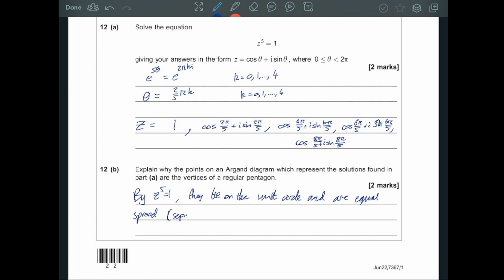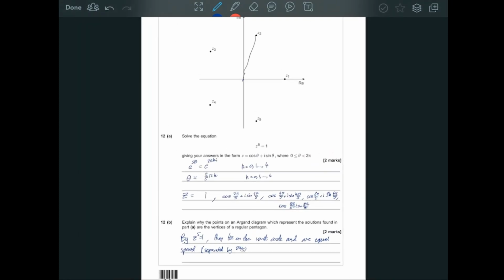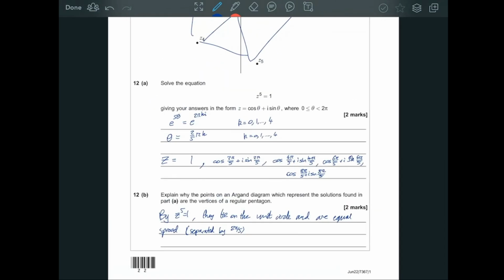And that's what we found in the first part, separated by 2 pi by 5. So basically what I've said here is we have these triangles here, which are each identical. They have side lengths here of 1, and therefore their final sides are also equal, which implies they lie on the unit circle and equally spread,